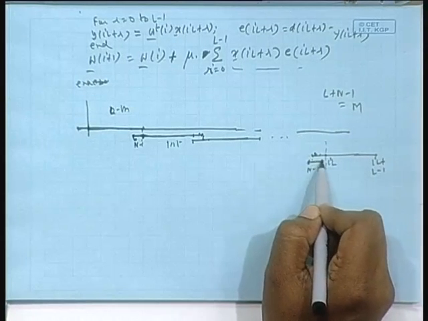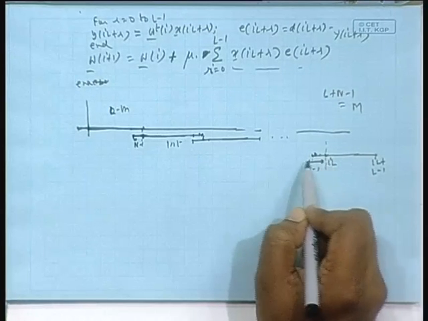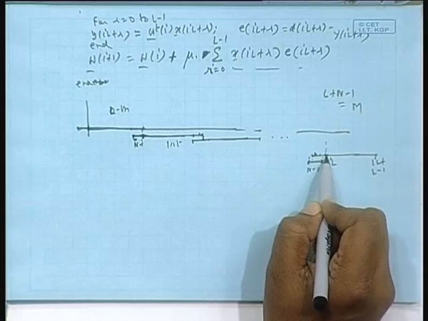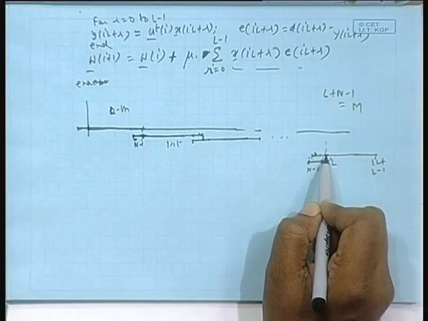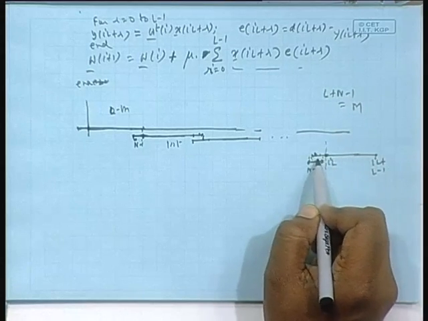So, at all these points I get a wrong result, only up to the N minus 1th point, this is 0 to N minus 2, total number is N minus 1. So, this is the N minus 1th point counting from here. From that point onwards only I get the correct result. So, I will hold that result, throw away this result.